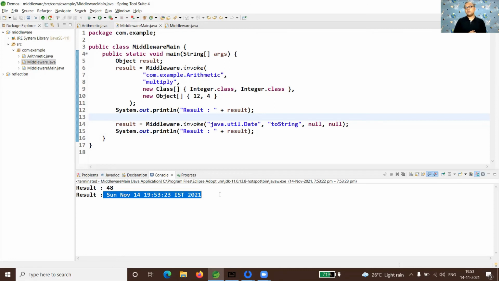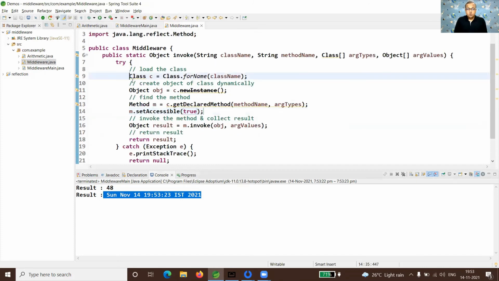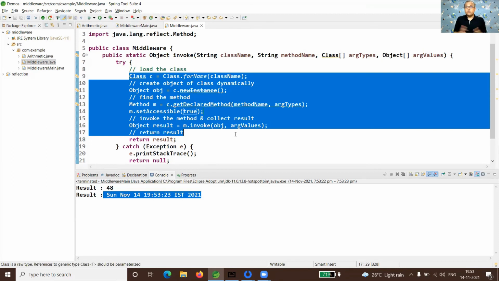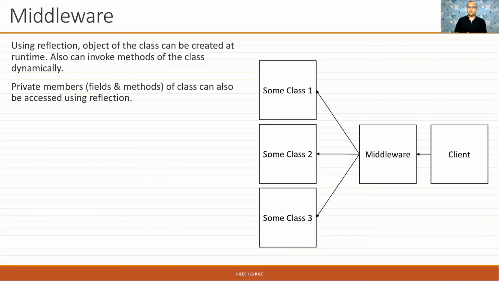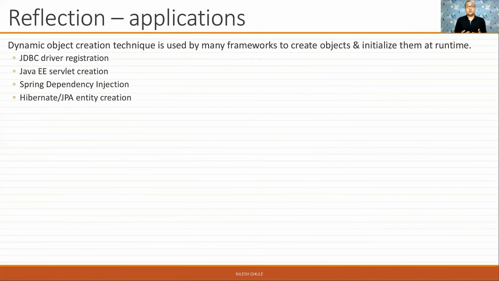But well, you may have a question: if I can call the methods directly by creating objects, why do we want to do it dynamically? Why do we want to do it this way? Let me tell you guys, this is one of the features used in many popular frameworks of Java, including Java EE, the Spring framework, or the JPA framework.